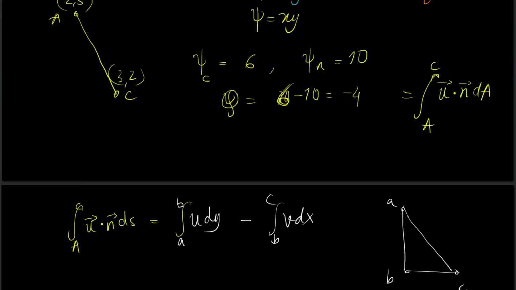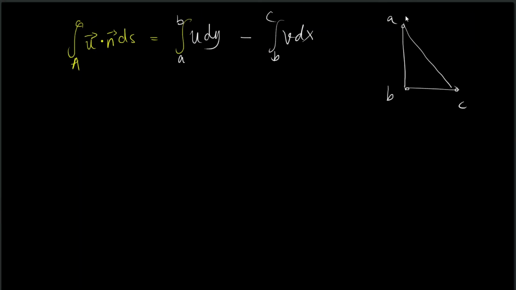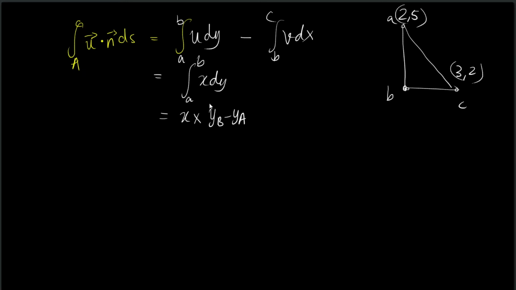And 2, 5, 3, 2. So this point is (2, 5), this point is (3, 2). Alright. So integral u dy, so u is equal to x, so this becomes integral x dy going from point A to point B. So this is going to be x times b minus a, so b minus a is going to be the y coordinate, y at b minus y at a,